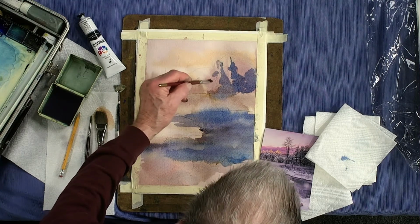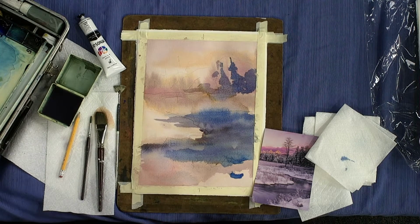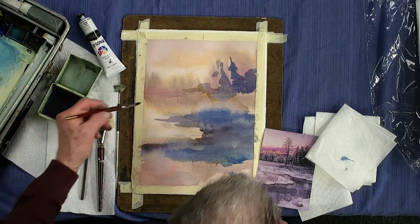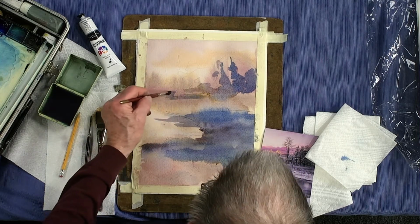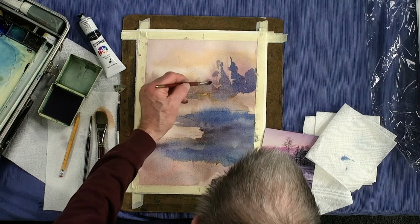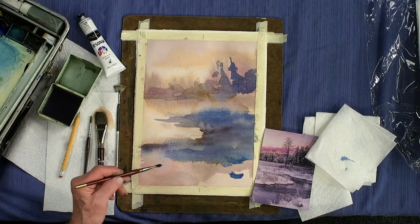And come down here. You actually can go all the way across that way, from right to left. Okay, right across through here. And this will be all a tight woodland here. Okay, now